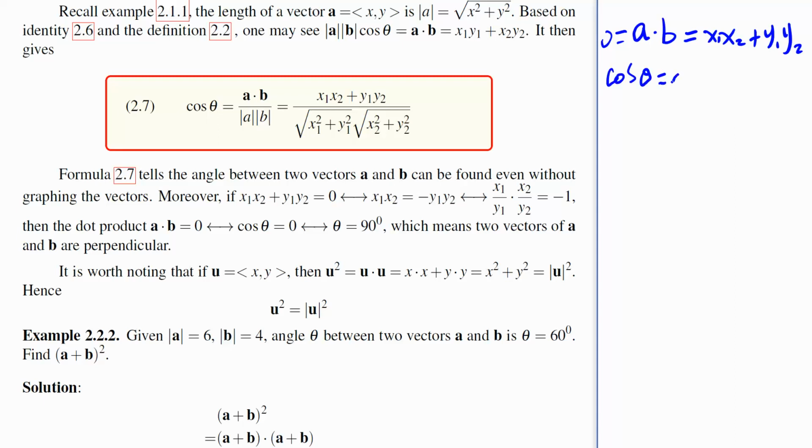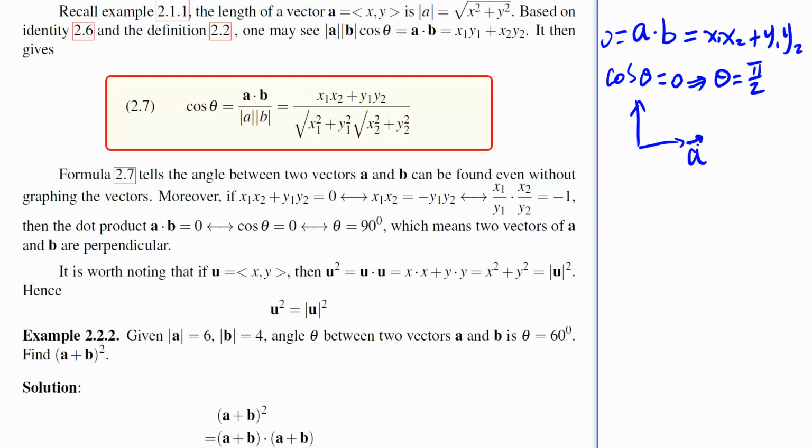Well, cosine theta is 0 tells us that theta is 90 degrees. Okay, if theta is 90 degrees,